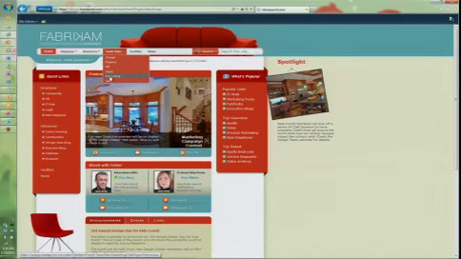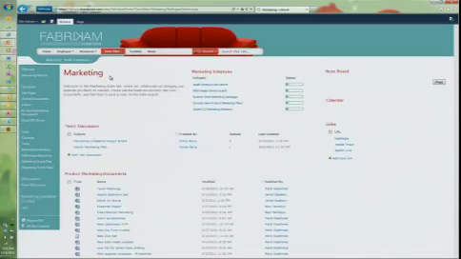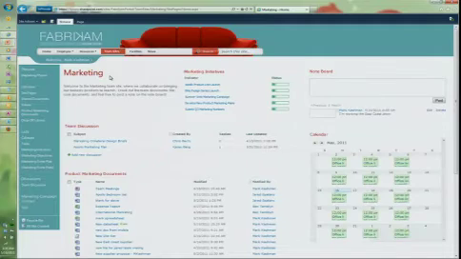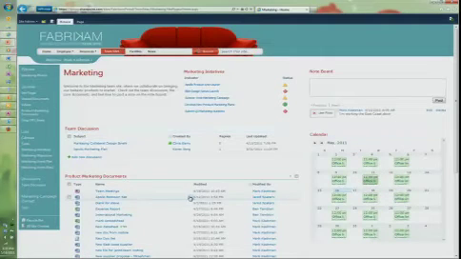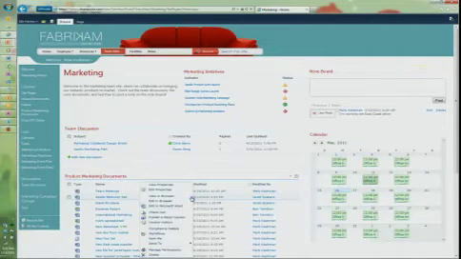So going from the company portal and going down a little bit now to more of a team that's working together. This is the marketing department, and we've just put a couple of key web parts that we think would be really useful for a team site. Again, we've got KPIs that we're tracking, we've got the team calendar, and then documents. And one of the first things I want to show you is just what the Office web apps look like